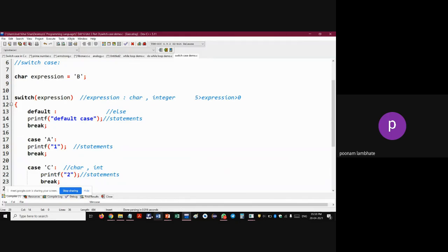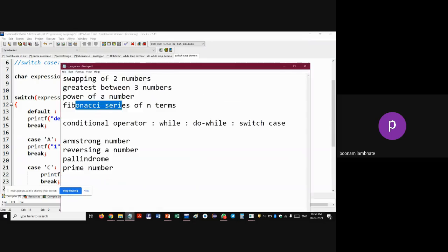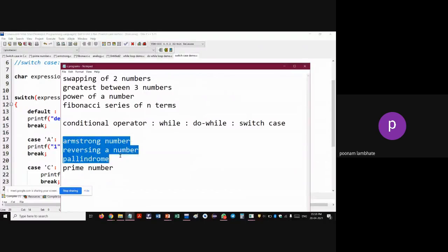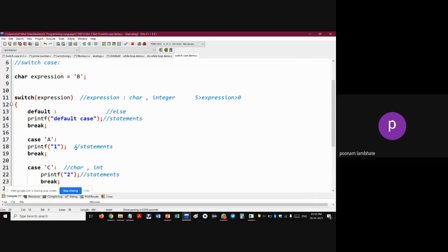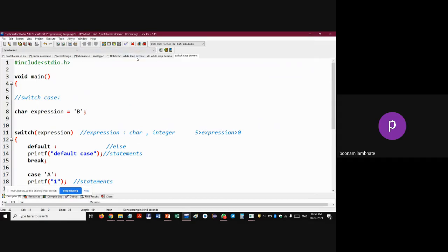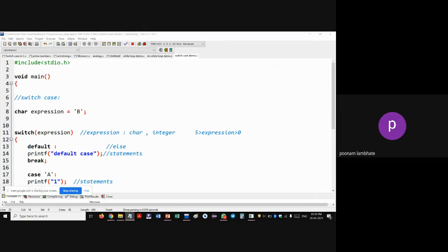So now I've shown you all the conditional and control statements. Now we'll execute the remaining programs, that is Armstrong number, reversing a number, whether a number is palindrome or not, and prime number. As I have told you, Armstrong number is nothing but the sum of cubes of digits should be equal to the original number. For example,